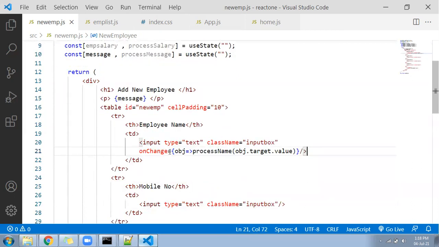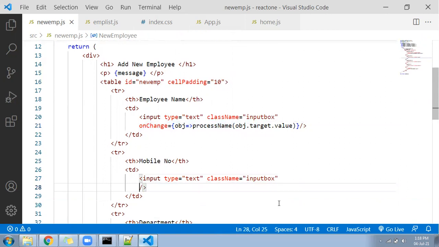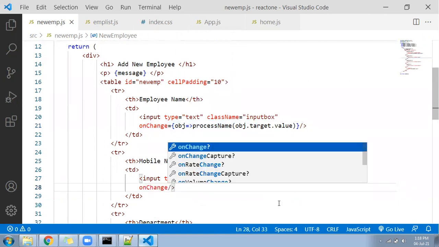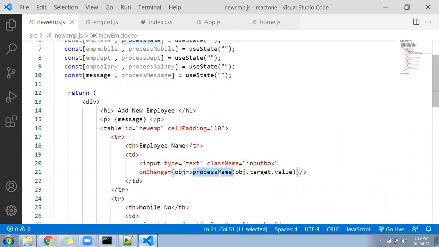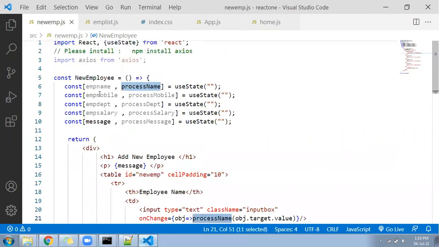Do the similar for the next. So I'll go here and write for the text box, next mobile, on change equal to. Okay, or the best way to understand in an easy way, let's test whether your code is working or not. First one. So this is the function, right? With the help of this function, your value will go to EMP name, right?